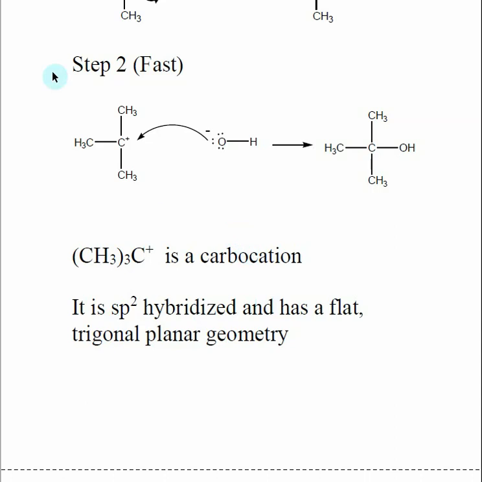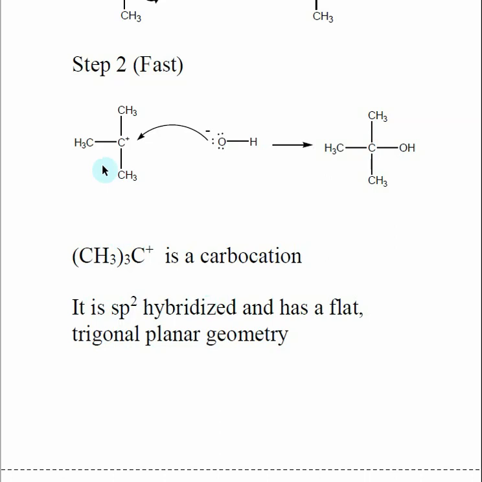So when we look at a carbocation here, we can see that it has 3 sets of electrons, and that means that overall the hybridization of the carbon inside a carbocation is sp2 hybridized. So remember, when we determine hybridization, we count electron groups. So this carbon has 1, 2, 3 electron groups. So an sp2